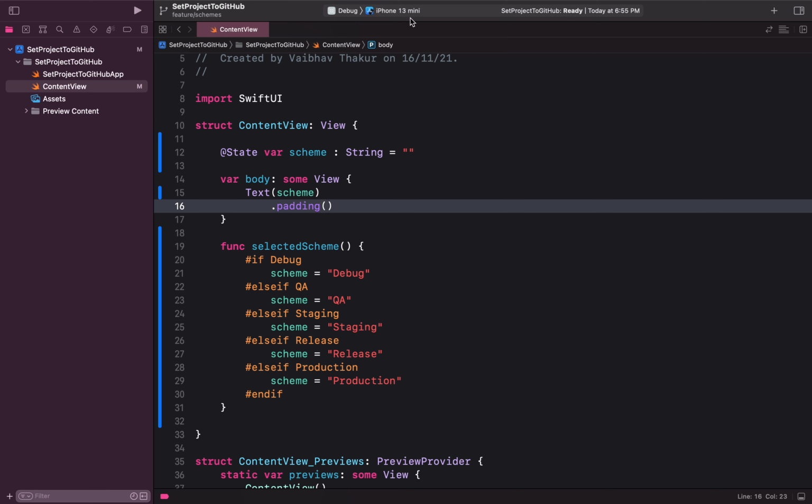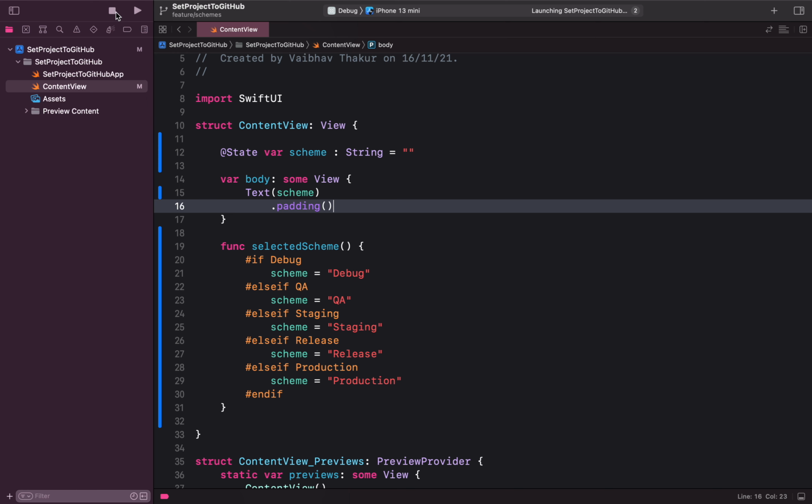To see that, just select any device, and first let's just build this project. Let's see what this gives. Yeah, build succeeded. Now let's just run this.